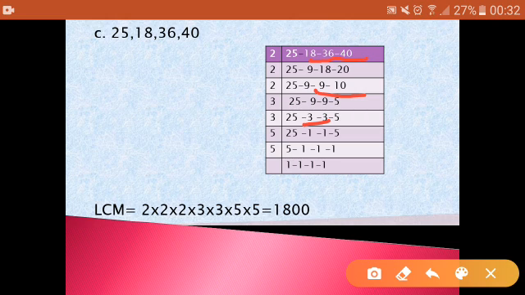Next, 3 times 1 is 3. 3 times 1 is 3. 5 and 25 remains as it is. Now 5 times table is going to be used. 5 times 5 is 25 and 5 times 1 is 5. Last but not least, 5 times 1 is 5. So multiply all the numbers which are over here on the left hand side. 2 times 2 times 2 times 3 times 3 times 5 times 5, and your LCM is 1800. Hope you understand the concept that how we are moving towards the answer by using division method.